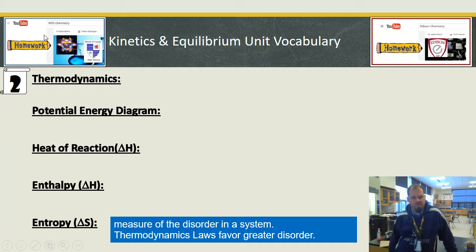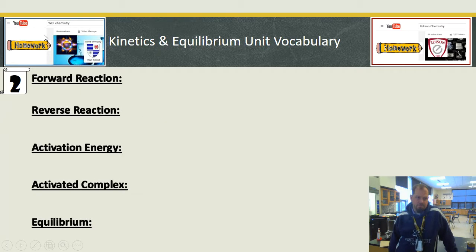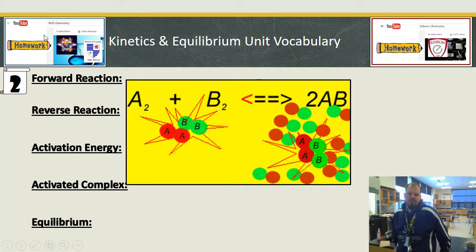To keep your room clean, it takes energy, right? Keep it all organized, keep all your stuff organized, that takes energy. And the universe doesn't like to use energy. It wants low energy. Here's a very new topic for this unit, and this picture is going to be the